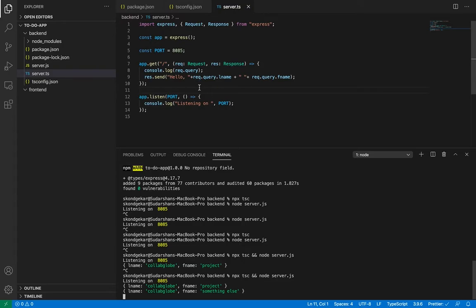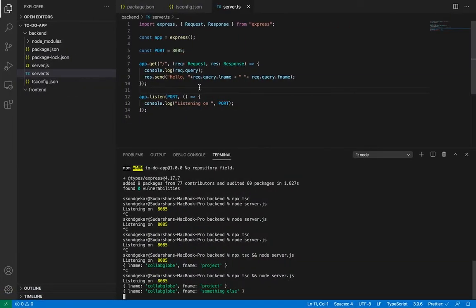So one more thing. You have added something else there in your front end, but in the back end, something else will be added. See, in backend, what I am doing, I am getting that something else in fname. I am not doing anything. I am just creating this string out of the values which are received from the front end.